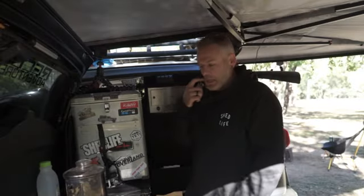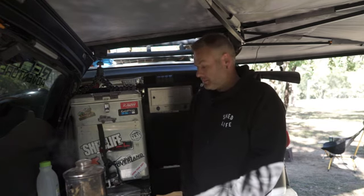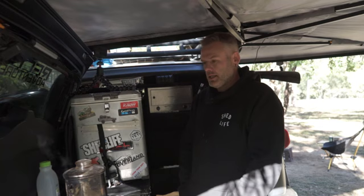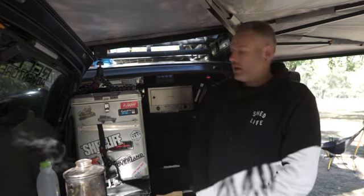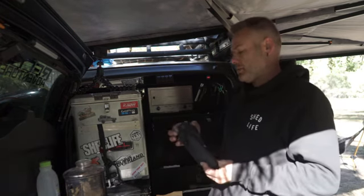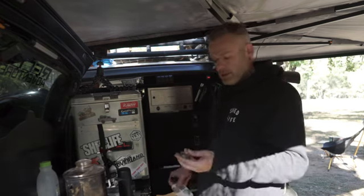Alright, so this next one, I guess, is if you like pods, if you find them convenient, easy, then this is, I wouldn't say it's easy, but this is for people that like pods, have a special pod that they like or whatever. So mini espresso. This is a pod pump. I don't have any pods. I've got a reusable pod